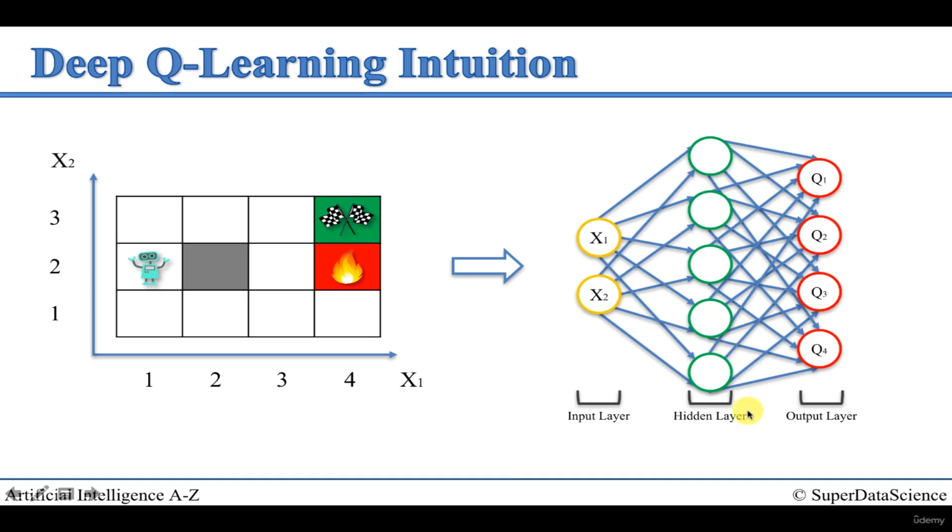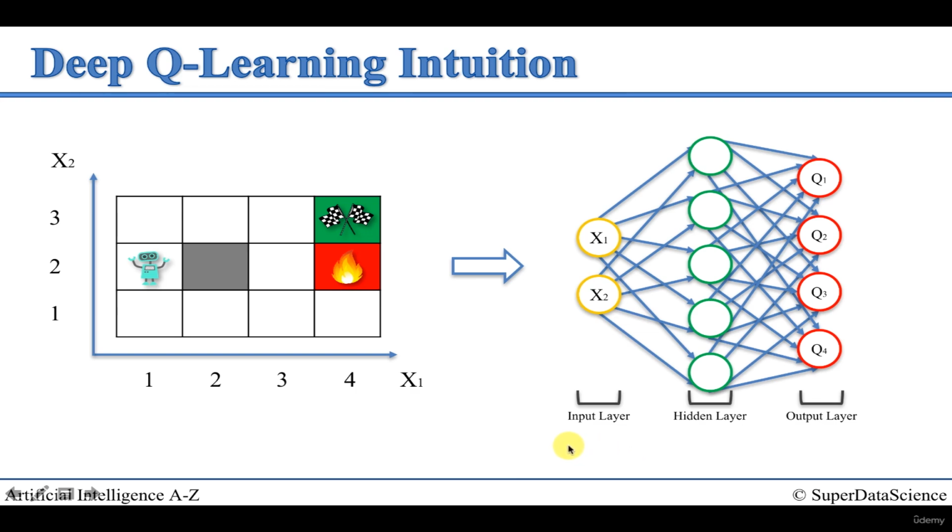But the main point here is that we no longer look at just this maze from a Q-learning perspective. We're now taking the states of the maze and we're feeding them into a deep neural network in order to get these Q values. And at the end of the day, we're still going to come up with an action. We're still going to understand what action we need to take, and we'll discuss all this in more detail. But the question right now is why? Why are we doing all of this? Why are we making things so much more complicated when that initial approach of Q-learning was working already?